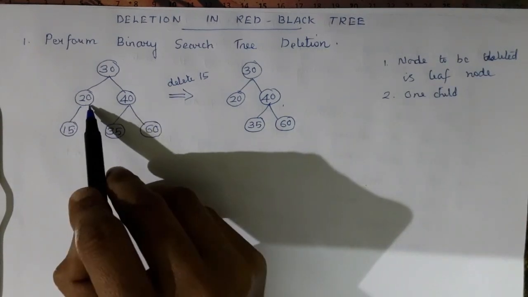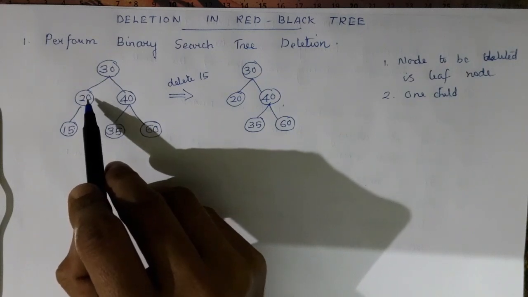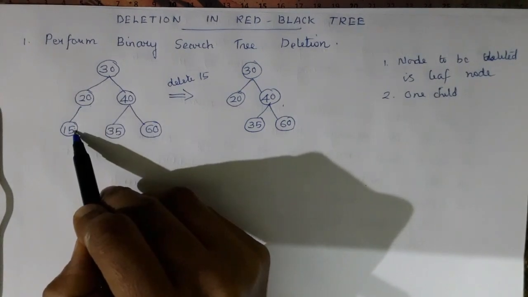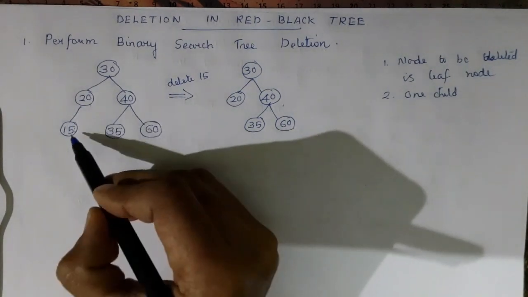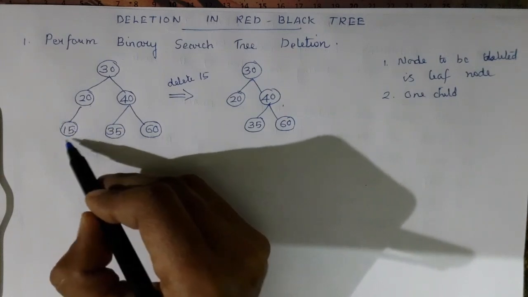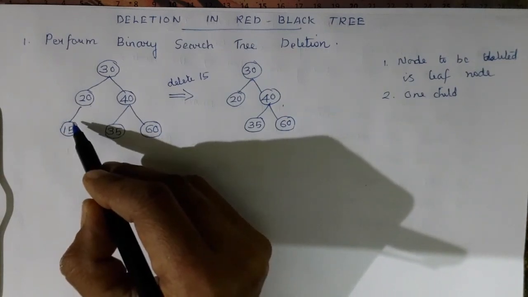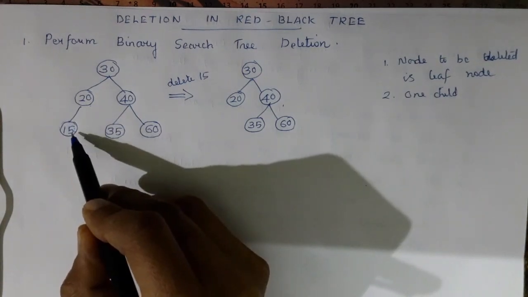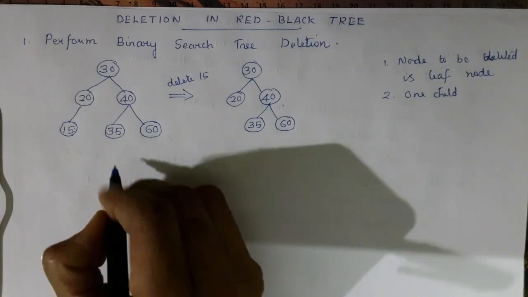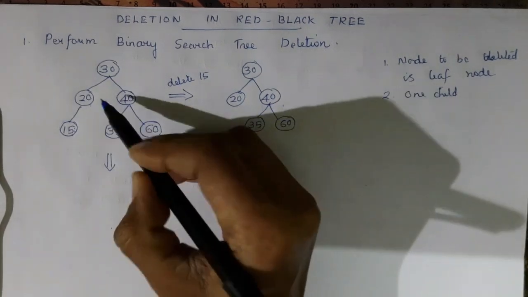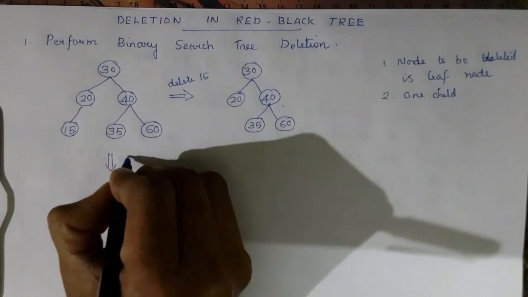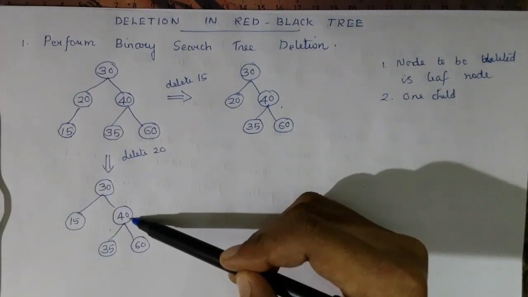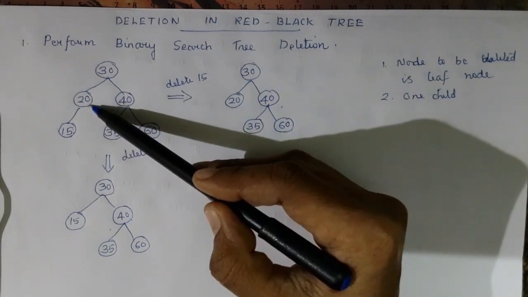So in this case 20 is an internal node. So we replace 20 by its child. So it has only one child. So 20 is replaced by 15. So next we find out the next 15 and delete operation is performed on the leaf node 15. That means delete of 15. So it is a leaf node, simply delete that leaf node. So actually 20 is replaced by 15 after deleting 20. So this is the binary search tree after deleting the node 20 from this tree.